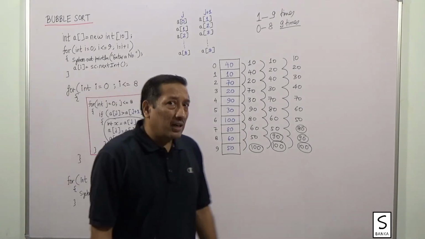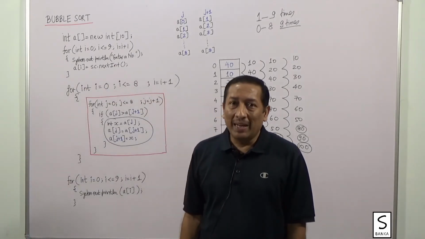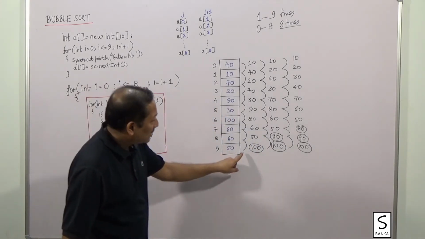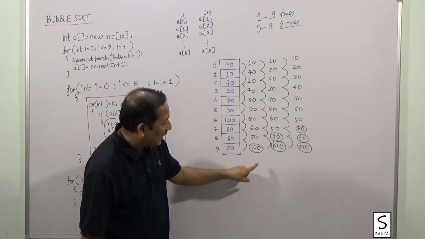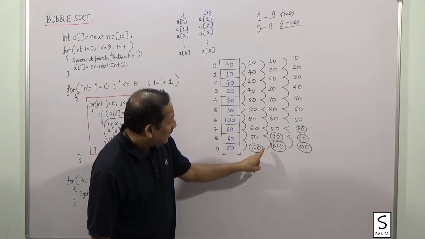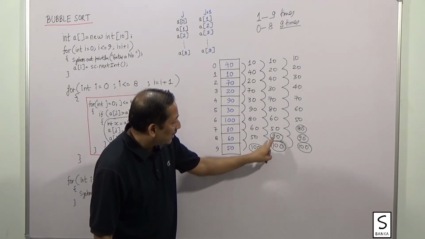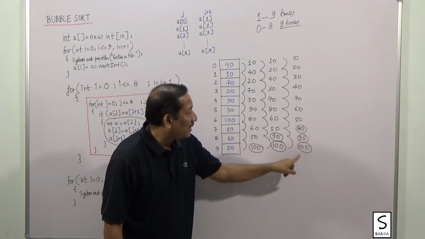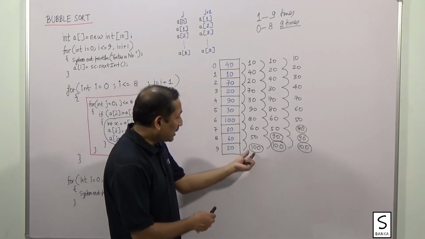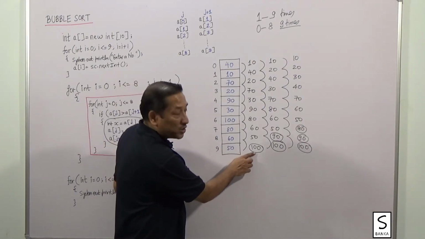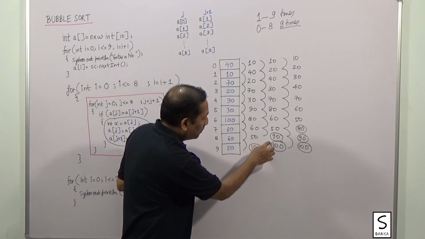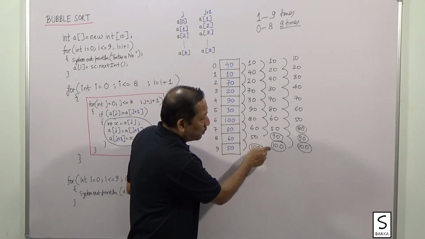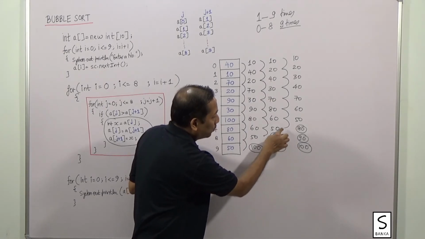Now there is a small improvement that can be made in this program. As you will notice, the first time it's okay, we are comparing, but the second time, this comparison between this 90 and 100 was not required. The third time, the comparison between 80 and 90, 100 will not be required. Because once the number 100 is at its place, why do I need to compare this point? I don't need to. Same way, when two numbers are at their own position, I don't need to compare these 2 points.